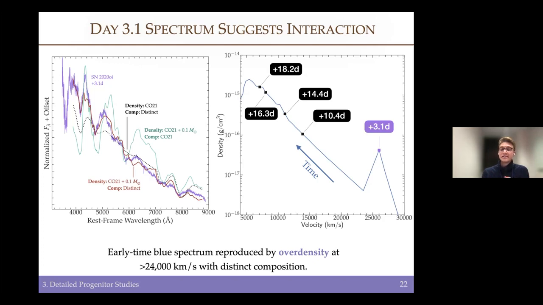And so this suggests that there's an overdensity of lighter elements. This is things like carbon and potentially helium, although we didn't get a bona fide spectral signature from the optical spectrum at the highest explosion velocities, so at the very outermost radii of the explosion. And it suggests that potentially there's some surrounding material from the star that the explosion collided into.